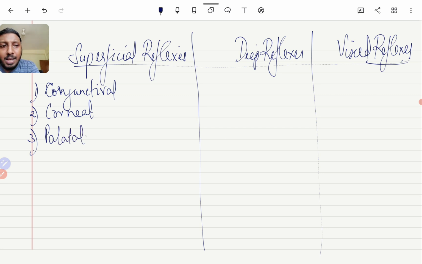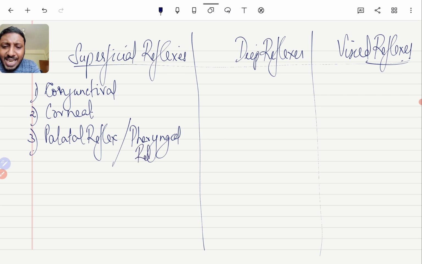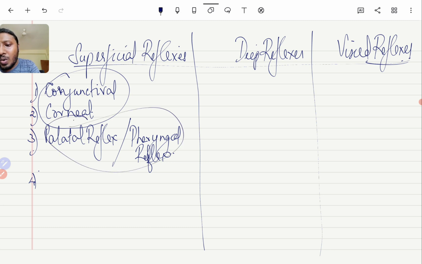Palatal reflex and pharyngeal. These are checked together because they are generally checked in one go. So these two are checked in one go, these two are checked in one go, and then